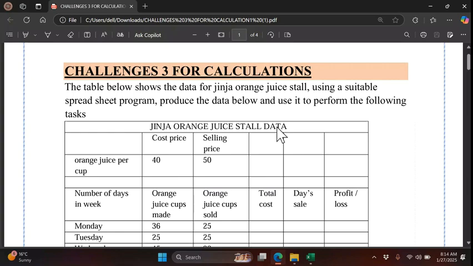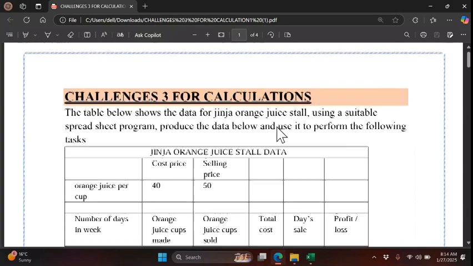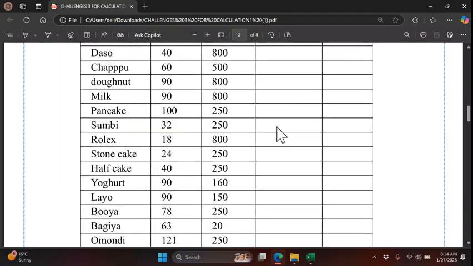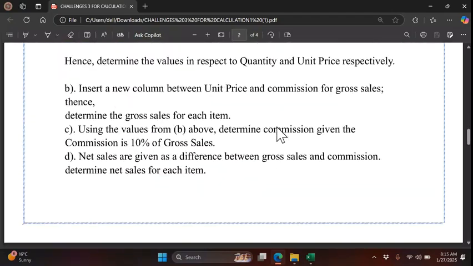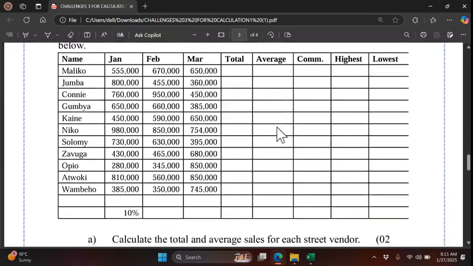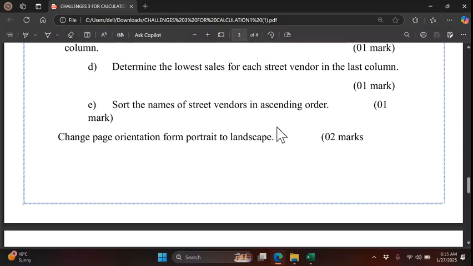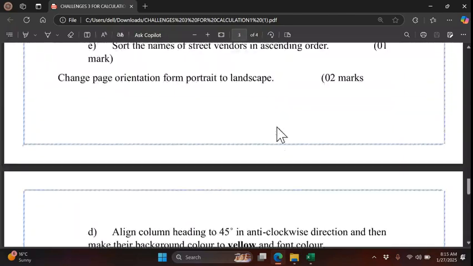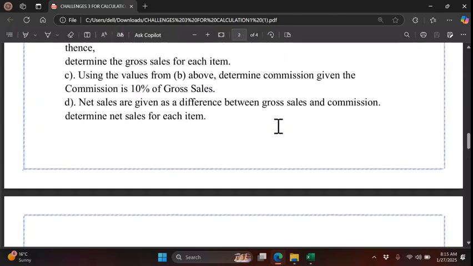theory or calculations. So let us see how we can solve this challenge, and we are trying to attempt these questions. So let us jump into the question. We see what we can do to